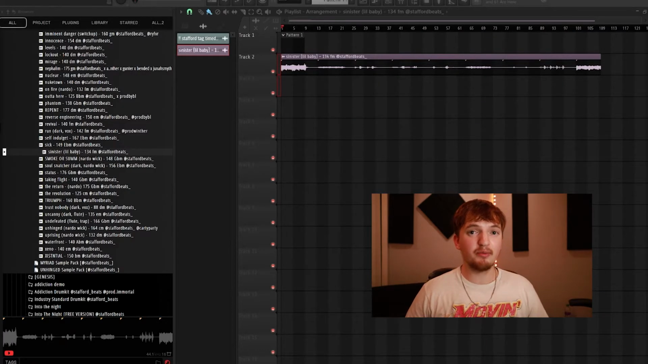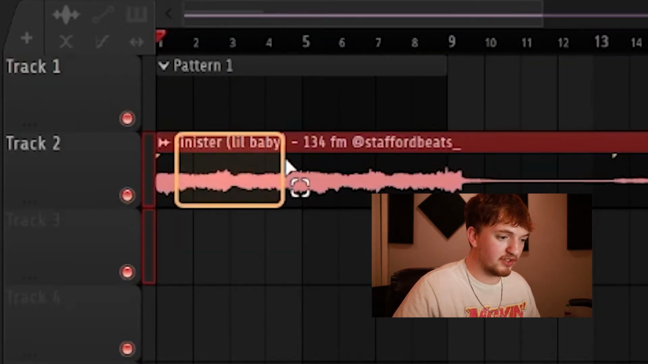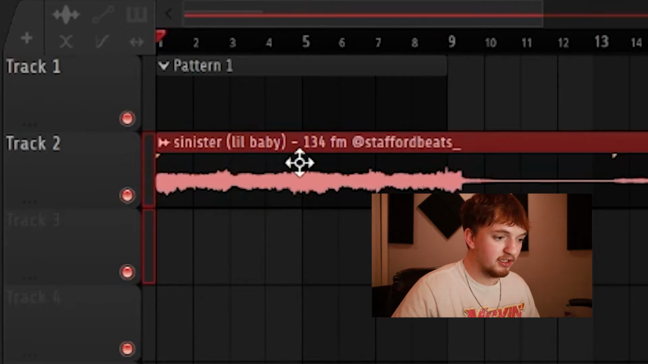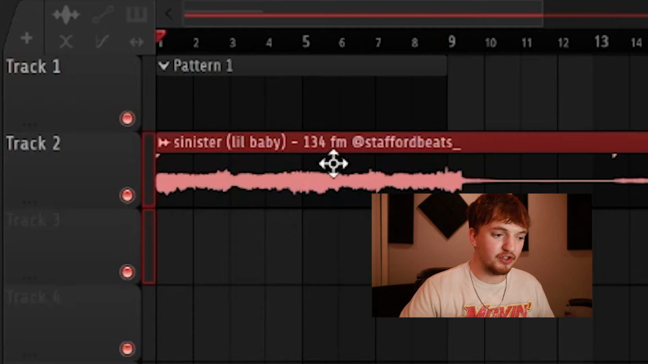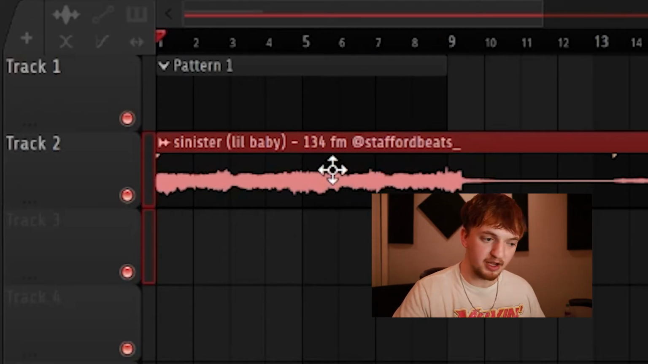Most producers actually put the key and the BPM of their loop inside of the title of the loop, so it makes it a lot easier for you to just get into it and flip it right away. You can see, for example, on this title it says Sinister, Lil Baby, because that's the type of loop it is and the name, and 134, which is going to be the BPM, and F minor. If it just says F, it's usually going to be F major, but if there's a little M after it,